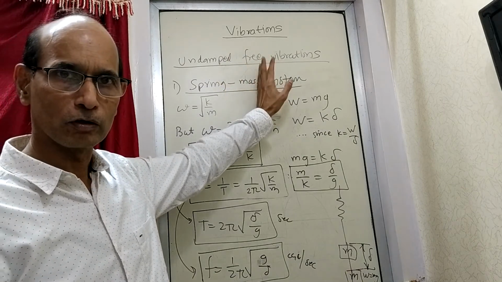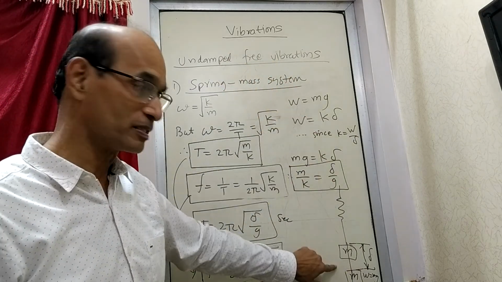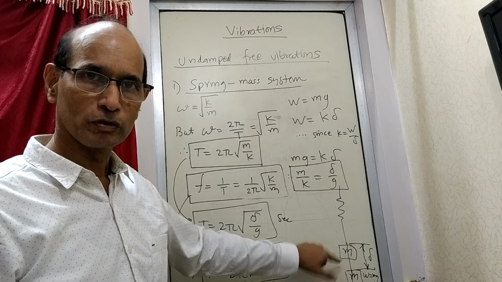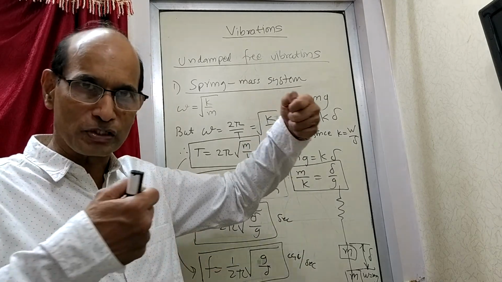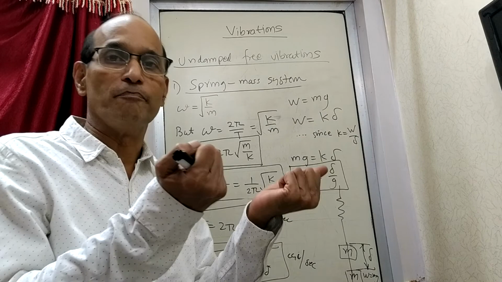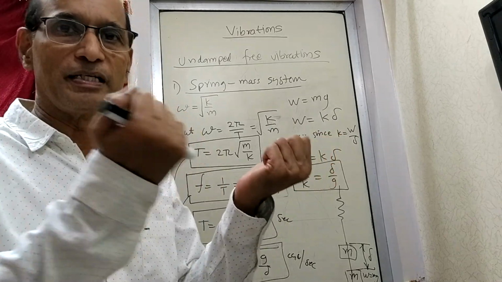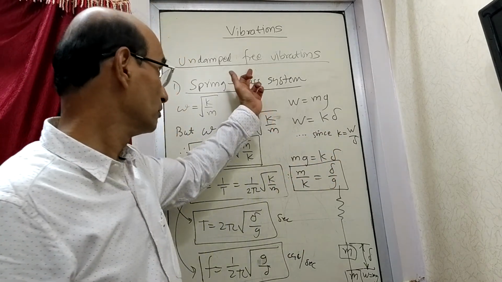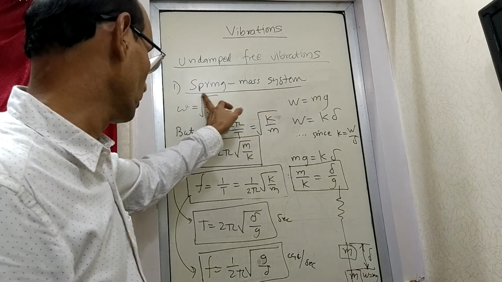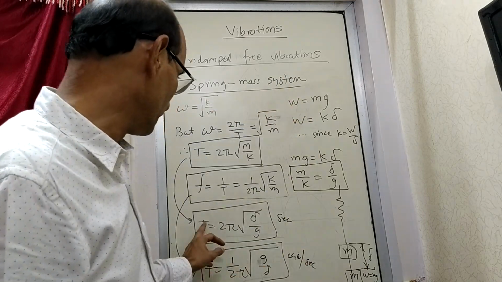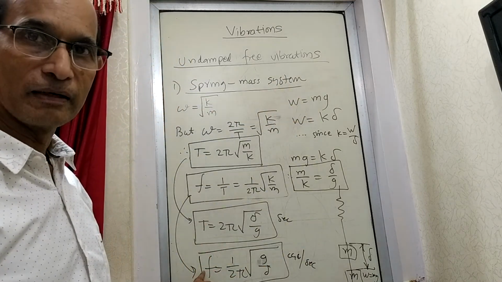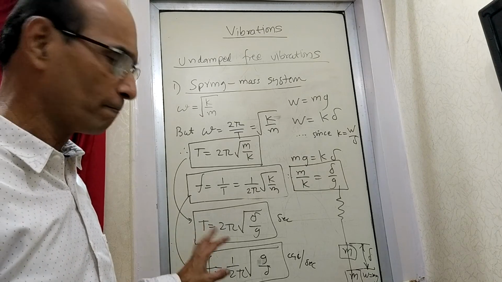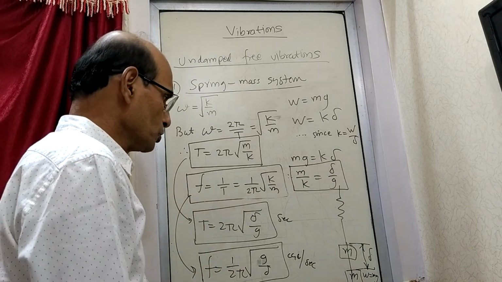That is called undamped vibrations. Free means because of the force which is there inside the system itself. So the spring has got some force inside. When you stretch it, the spring will try to bring it back because of the force which is there inside. So that is the free vibration. So we have taken the first example of a spring mass system, and this is the conclusion of that in this case.